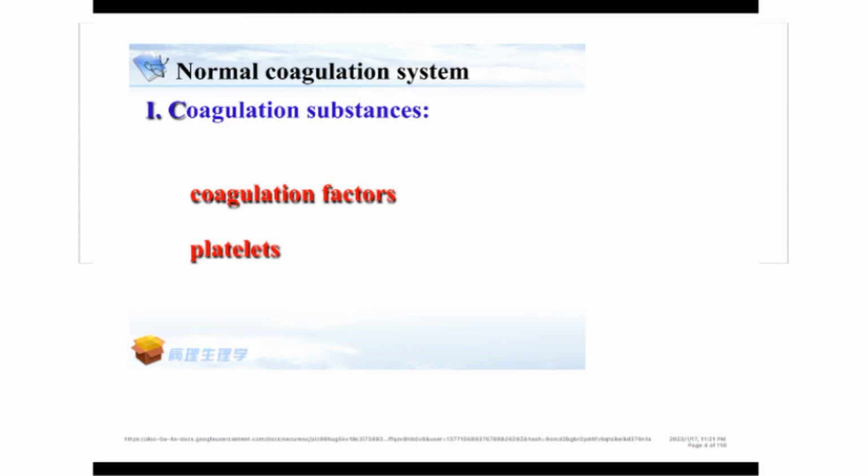So, for a normal blood clot to form in the blood, that is, to stop bleeding, we need two things. We need platelets and we need clotting factors. The platelets are the ones that cause the primary hemostasis. You can remember your physiology, right? While the coagulation factors are the ones that will now